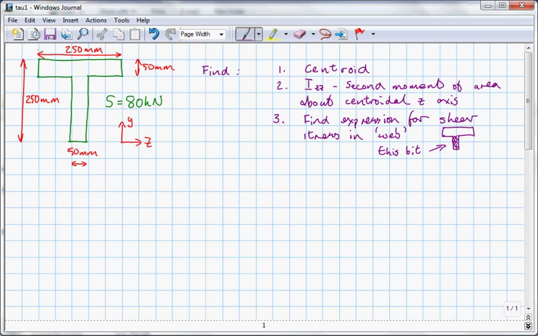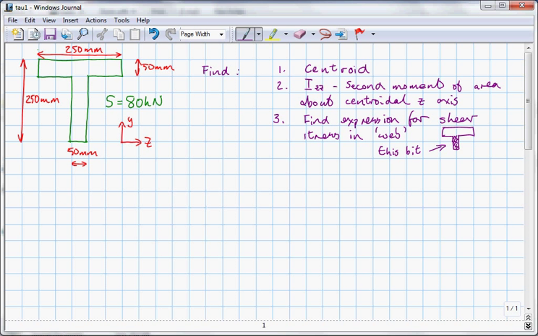Okay, so it's a shear stress problem, but before we get there we need to work out where the centroid of this section is, and also we need to calculate the value of the second moment of area of the section about a particular axis, which is an axis which goes through the centroid, but which is parallel to the z-axis. And the reason that we're interested in particularly that axis is that this section, so it's a T section